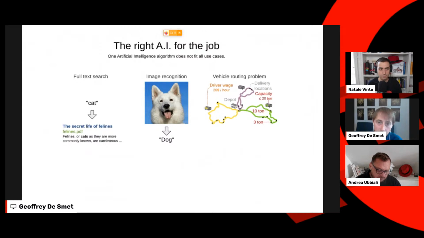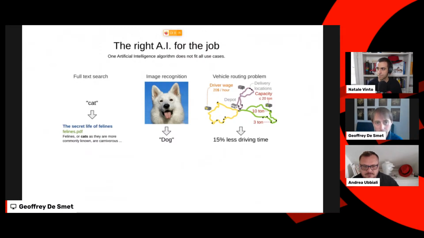And another one, which I will be focusing on, is the vehicle routing problem, where we need to go through a country or a region, and we need to send a number of vehicles to a number of locations, and figure out in which order we go to which location, and at which time. I'll talk a little bit more about the difficulties in that problem later. But what we want to get out of there is to reduce the driving time of these vehicles. We want to really make sure that they can do their job faster and more efficiently.